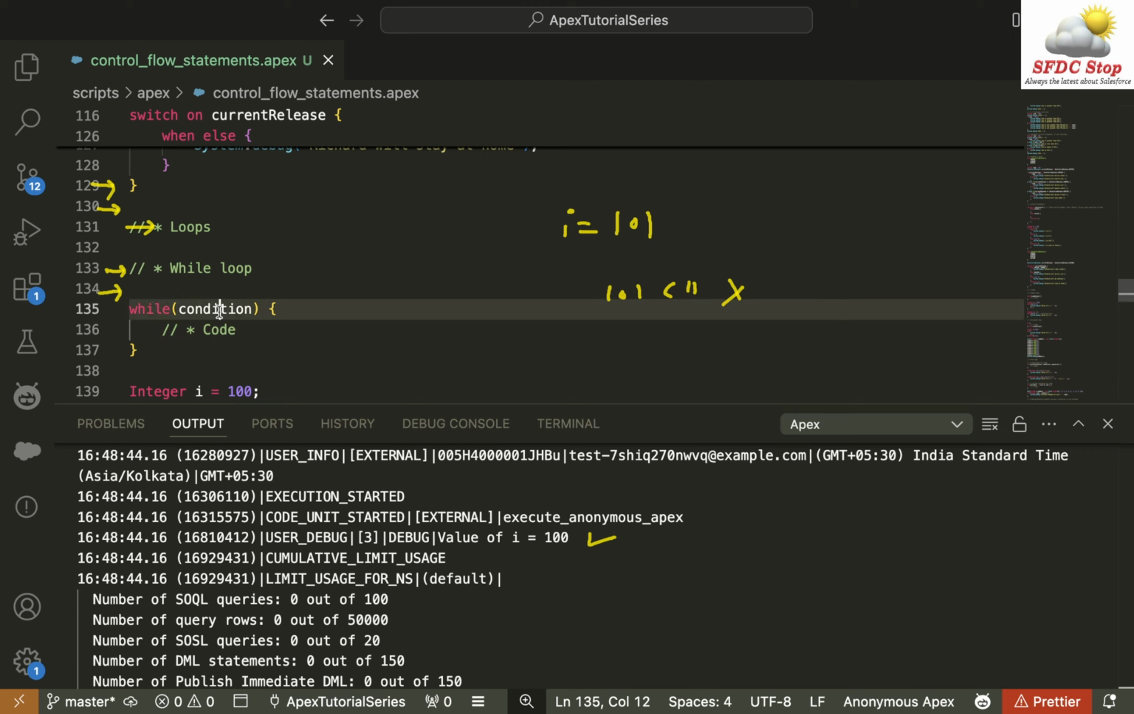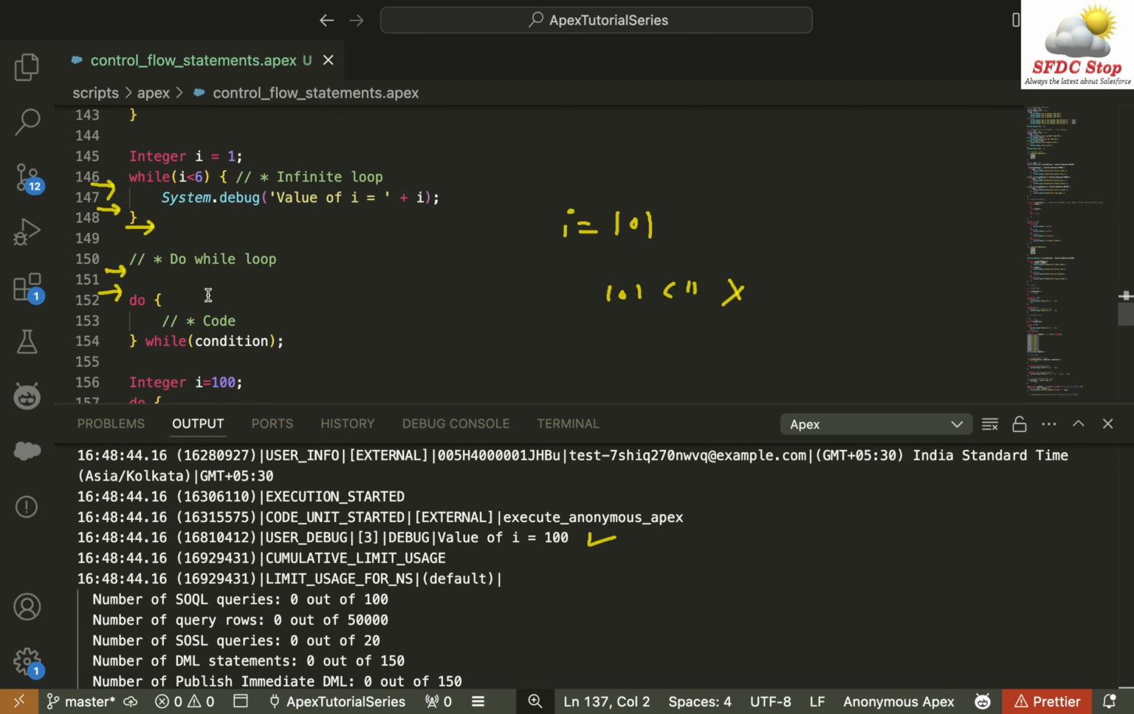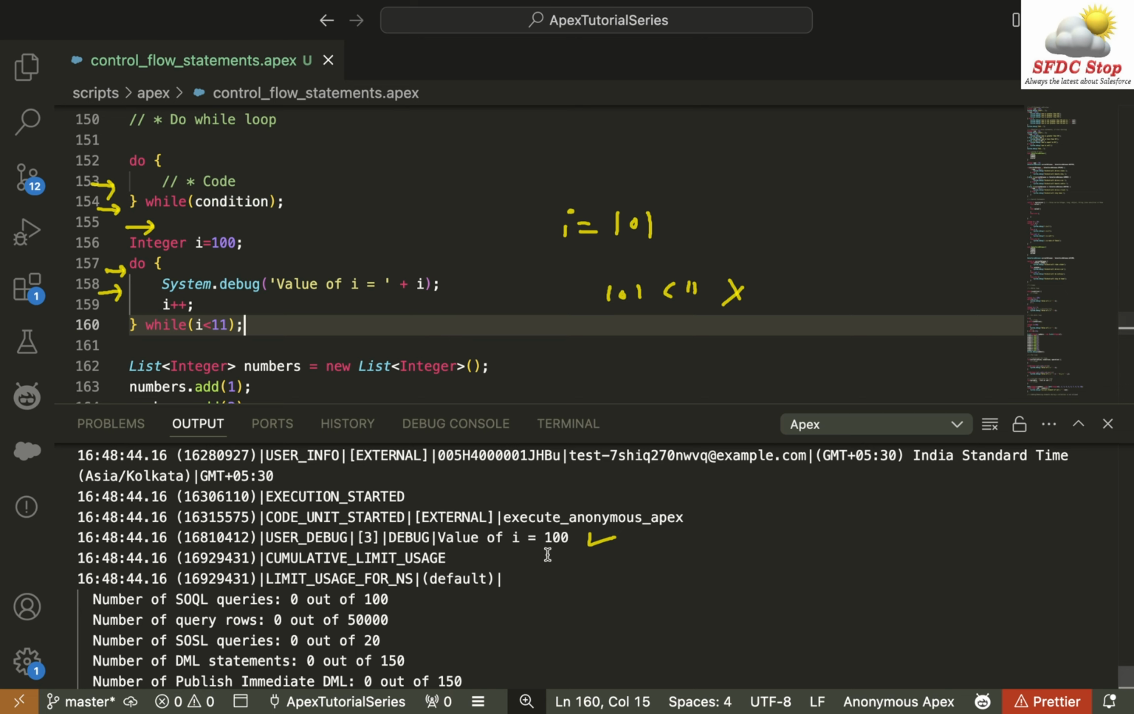So if the condition is true, then only the block of the loop is getting executed. Whereas the do-while loop is going to execute the body of the loop once, then it is going to check the condition. And it will execute the body of the loop repeatedly only when the condition is true. But the body of the loop is executed at least once without checking the condition, because the condition is checked at the end. Okay. So this is the difference between while loop and do-while loop, which is why